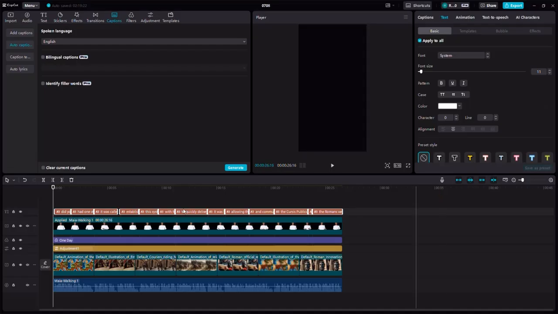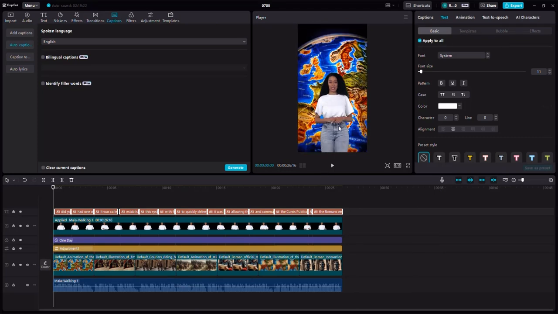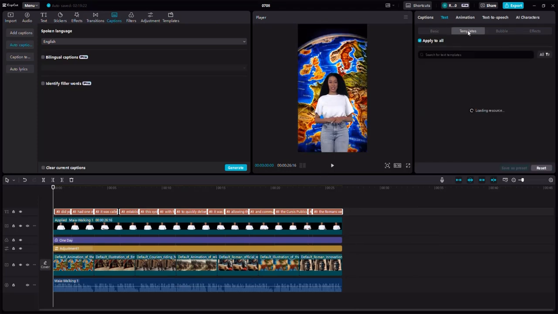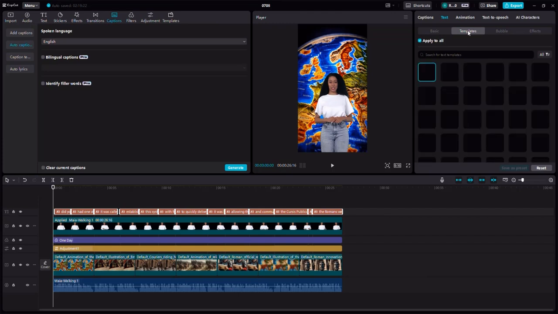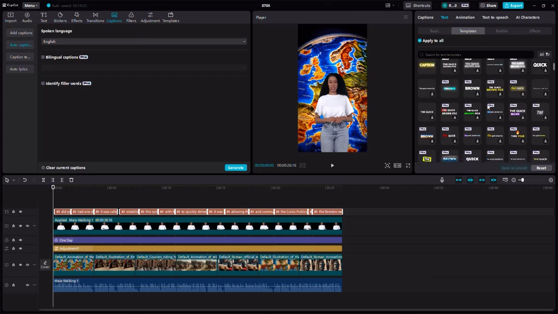Going back to CapCut, here we have the captions. Now we want to make them better. So I'm going to go to templates here, and we can choose from many templates that they have in CapCut. They have a lot of pretty cool templates, so I'll use one of them. For example, this one. If I click on this template, it will apply to all the captions that we have, making our